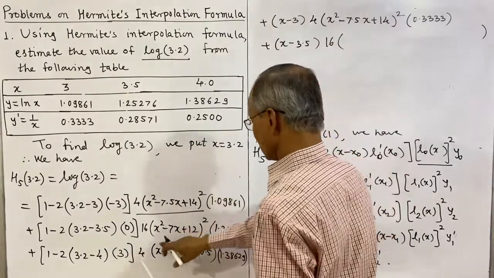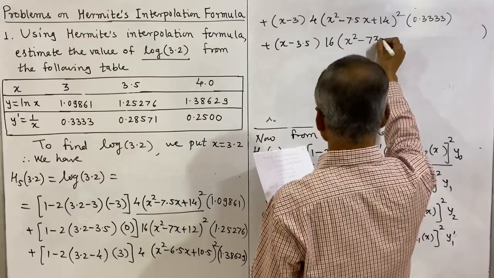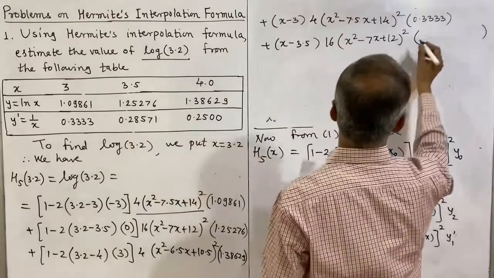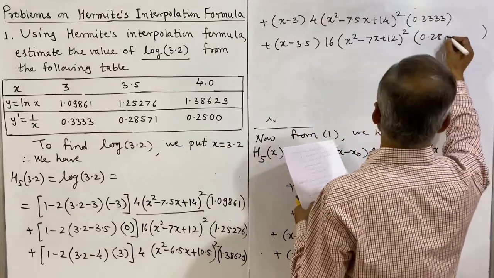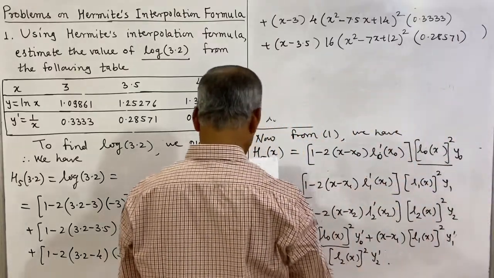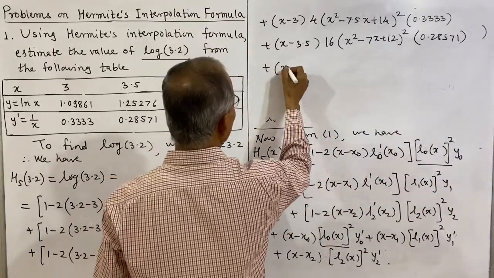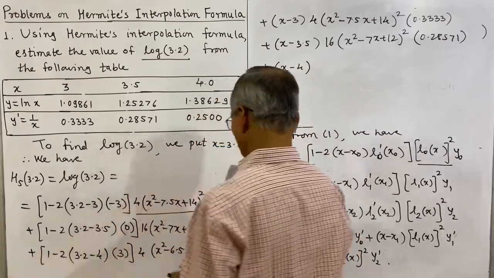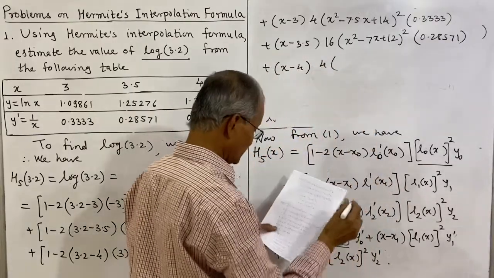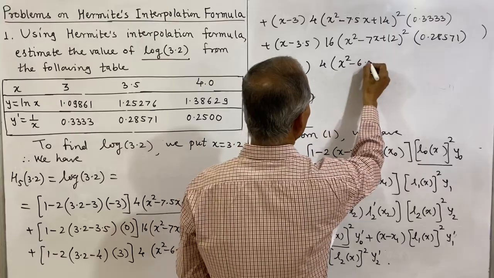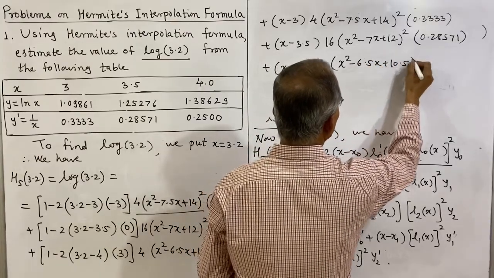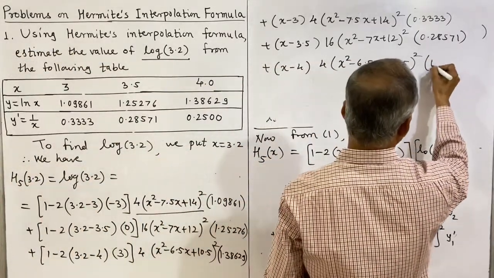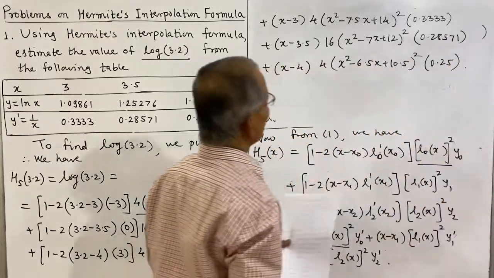So 16, this is 16 x square minus 7x plus 12 whole square multiplied by y1 dash. y1 dash is this value 0.28571, and the last term here is x minus x2, that is 4, and the square of L2, that is already written here, 4x square minus 6.5x plus 10.5 whole square, and multiplied by y2 dash. y2 dash is this value, which is 0.25, and thus